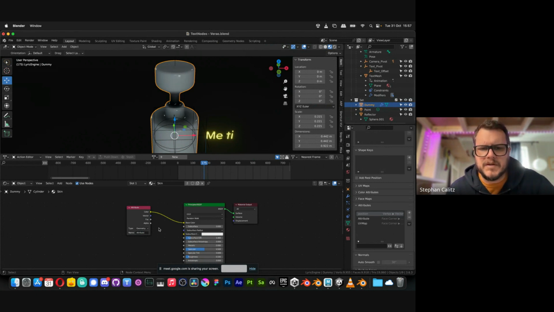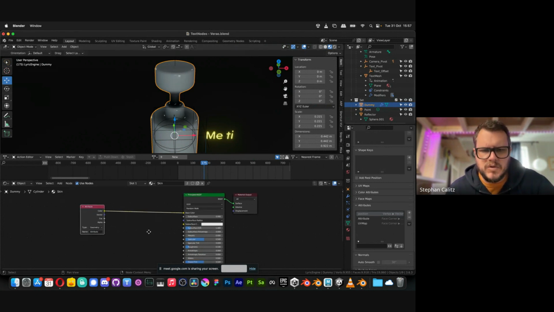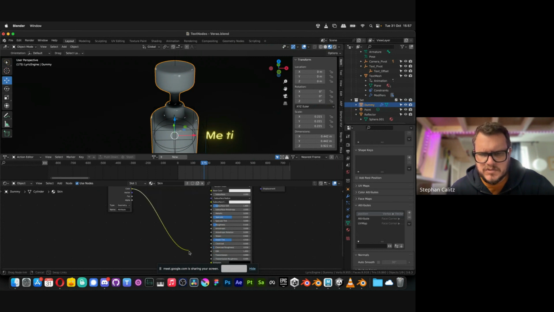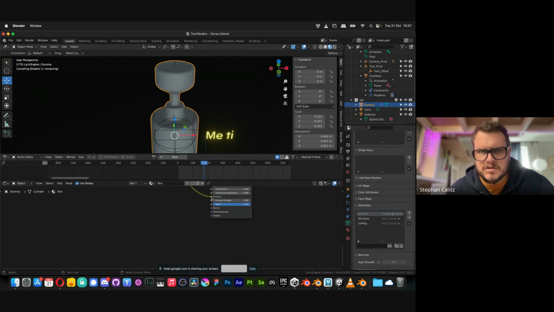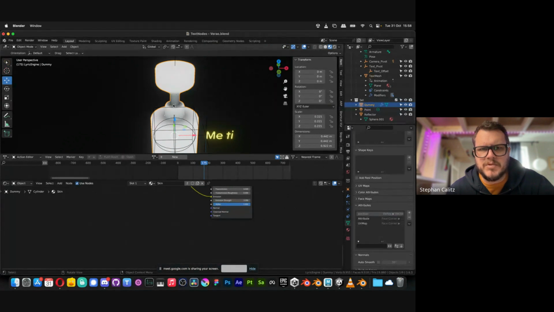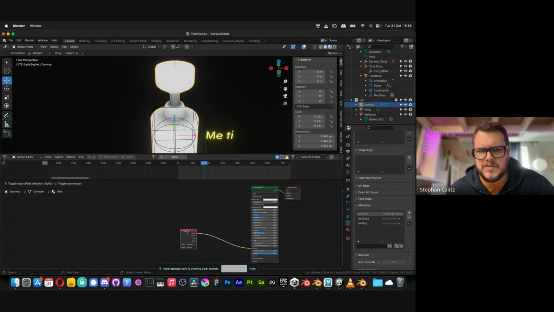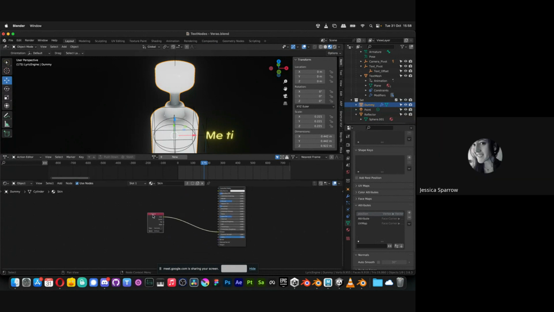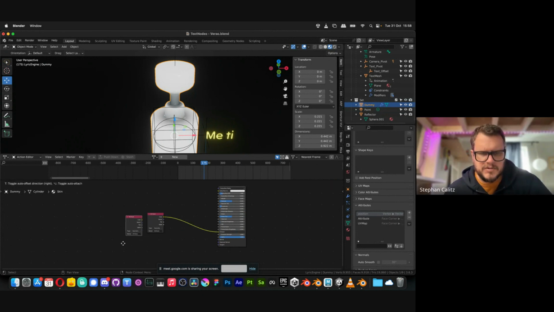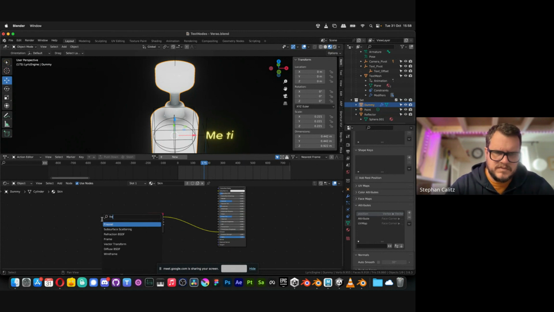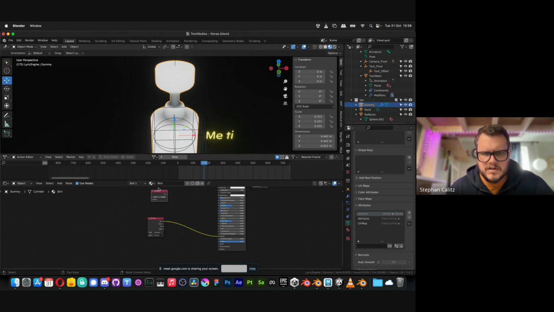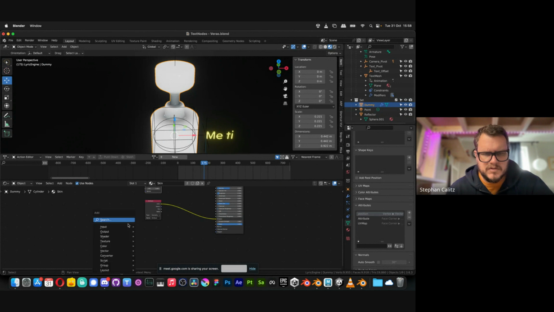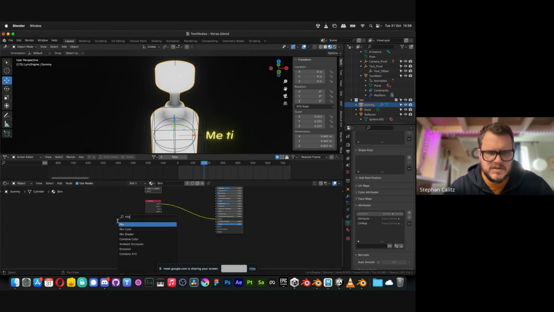Yeah, okay. So then you can also use this in combination with your emission, because then it'll retain some of the shape of that emit on the extremities. So I think it's a combination of that and your Fresnel. That's probably going to give you the best results. So Fresnel again. And now we want to mix these two together.